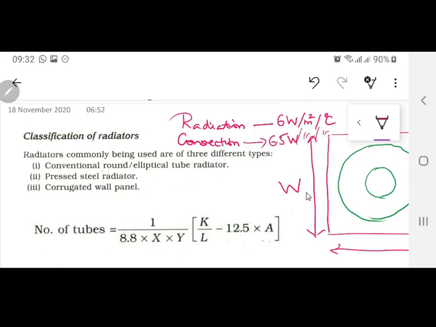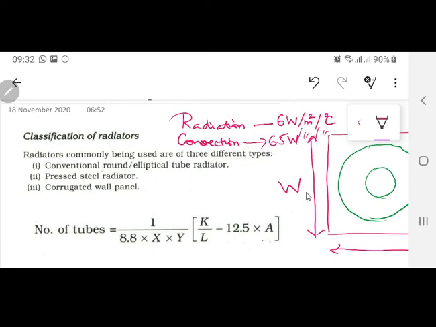Now there are some things which have to be formulated first. From where will the radiation occur? The radiation will occur from the tank of the transformer. The oil is already hot, so it is going to radiate the heat. Technically, when the transformer is placed inside the tank, it is placed on some wooden block or asbestos sheet. It is not just directly placed.